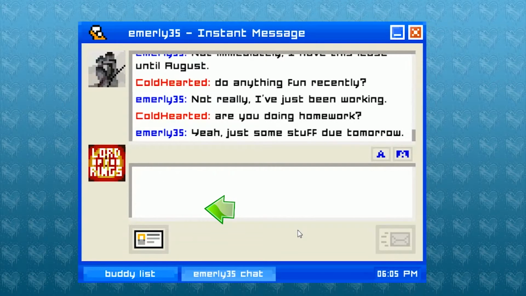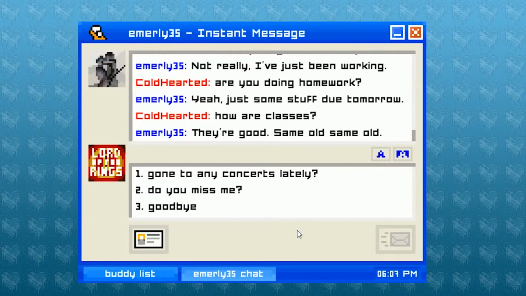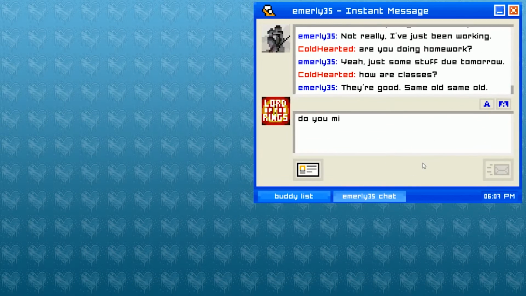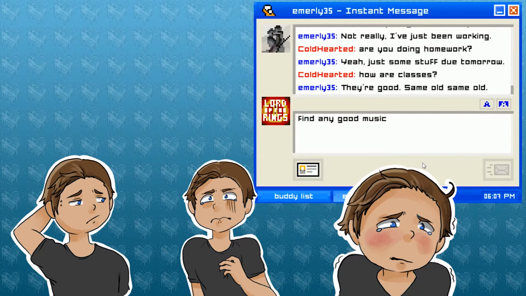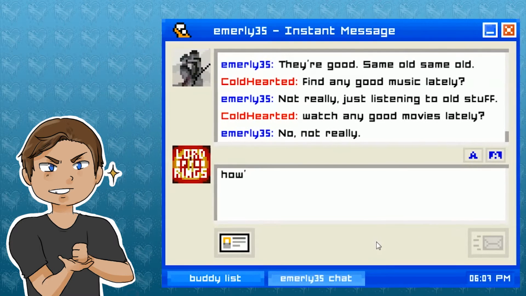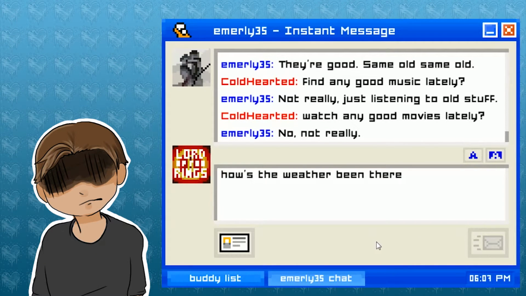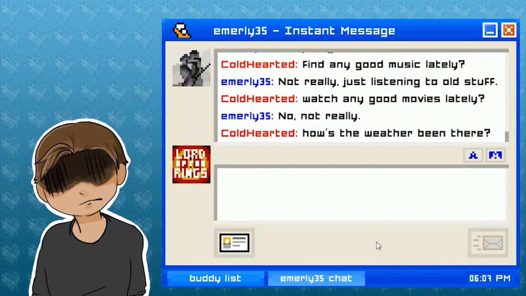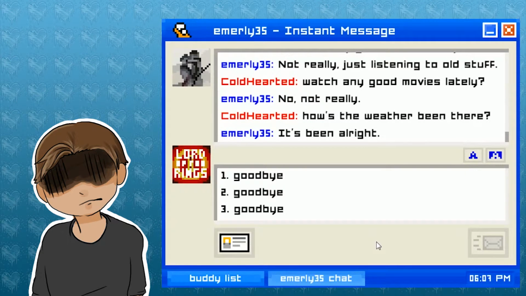I chose to try and fix it. I began to type it out, but I deleted again and asked another boring question. You're unable to muster up the courage to sort things out. Your feelings are a mix of guilt, and rejection, and cowardice. Now 2 of the 3 options are goodbye, and the third a final chance to salvage this. You type it out, knowing this is your final chance to fix your damaged relationship. But you buckle again, deleting it, and asking another boring question. You blew it. It's done. There's no more chances. There's no more attempts. It's all over. There's only one option left. Goodbye. Now, when I initially played through it, that last part hit me pretty hard.